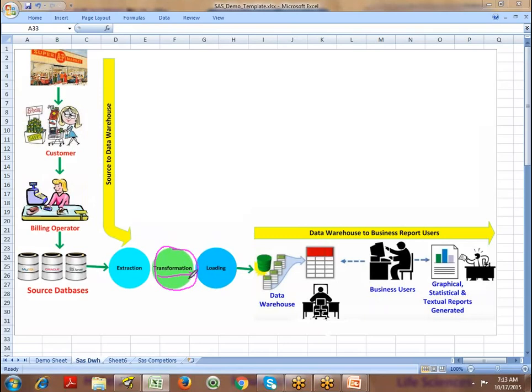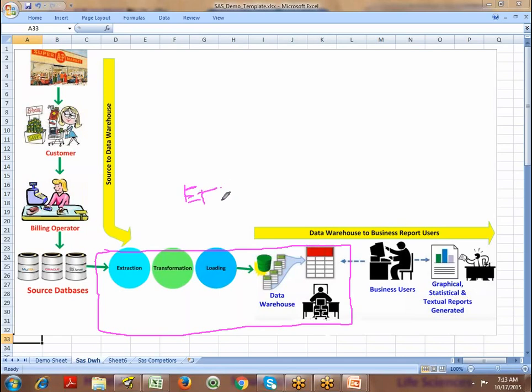You have your data stored in multiple input tables. Say for example, your data is stored in 4 different tables here. You would like to combine this and store it into one output table. So like that, there are various types of transformations that you're going to use in the SAS software product. Once you do extraction, transformation and loading and create the data warehouse, this is called ETL.